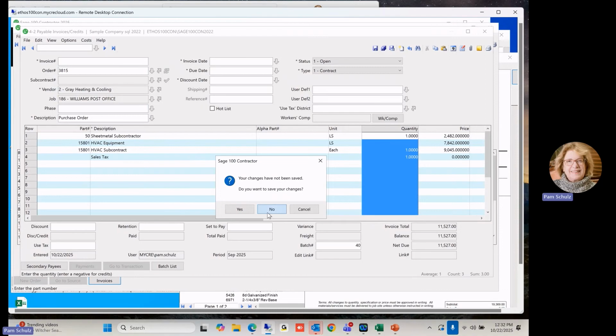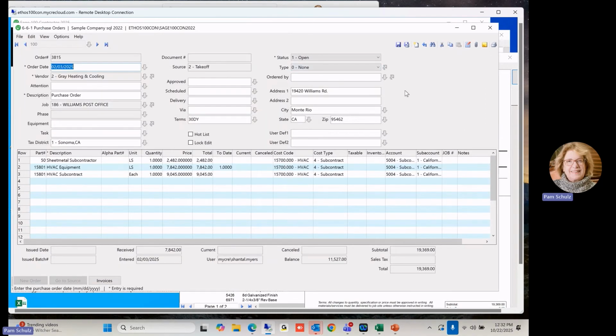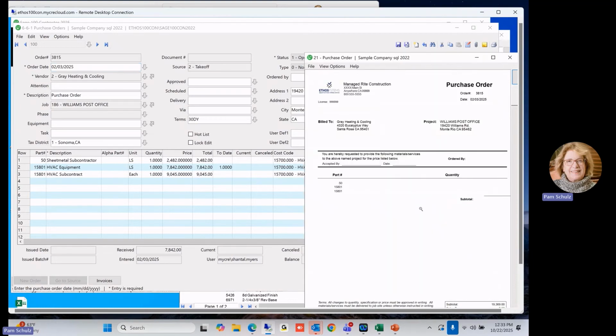Speaking of committed cost, as soon as the purchase order is created, it becomes part of the committed cost report on the job. As items are received, of course, those costs move from committed cost into job cost. Your purchase order is fully customizable. The program does come with a sample that you can customize, both the line item detail and the language on